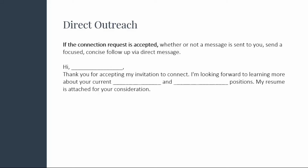I'm telling you, it works, and it's something you're doing completely behind the scenes. You're not responding to someone's job post about your interest in that role. You're not doing any gimmicky things by engaging and networking and that kind of stuff. You're just quietly behind the scenes, under the radar, in stealth mode, reaching out to people and getting your resume in front of them. I'm going to go back one more time here